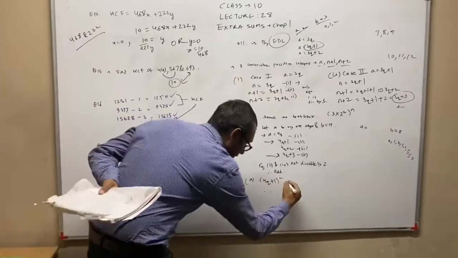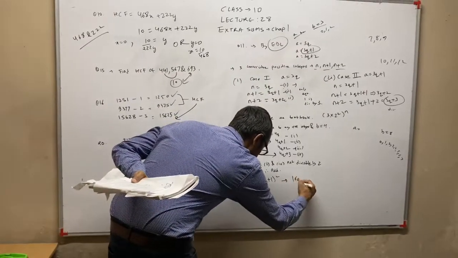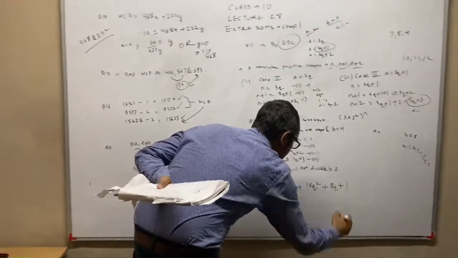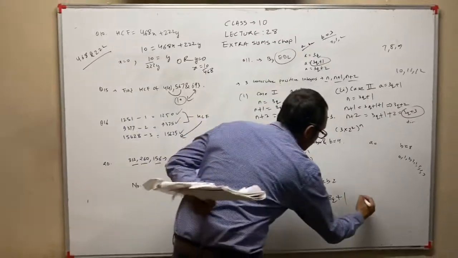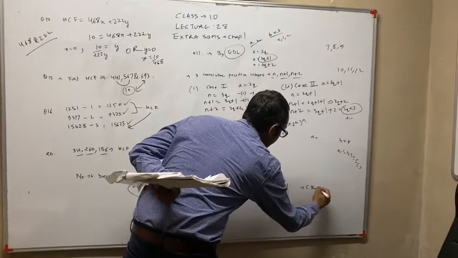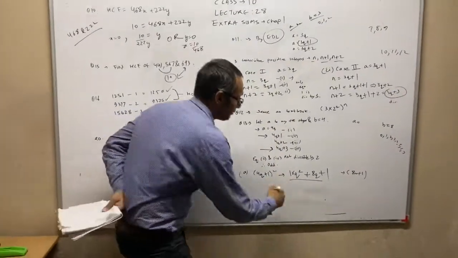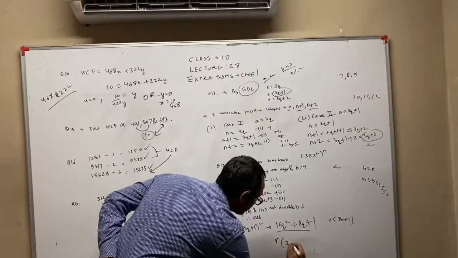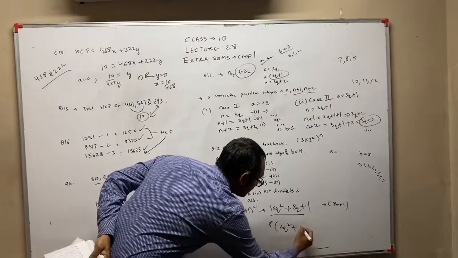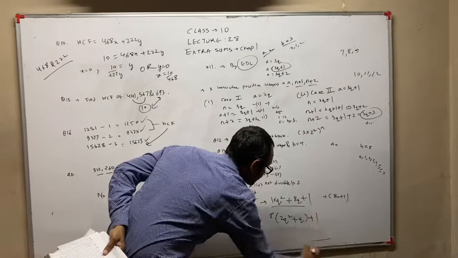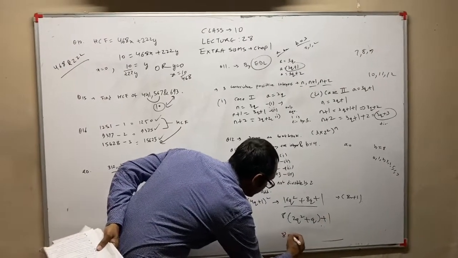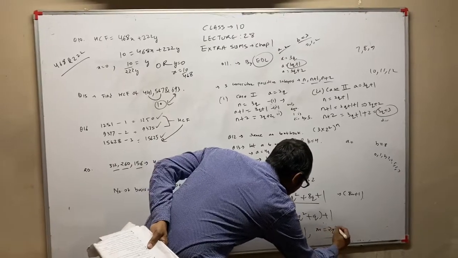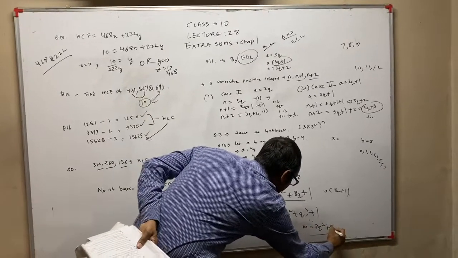Now I will do it for this. So we will do the square of this: 16q square plus 8q plus 1. Now I have to see whether I can represent it in the form 8m plus 1. Now we just have to take common. We will take 8 common. So 8 times (2q square plus q) plus 1, which is 8m plus 1, where m is equal to 2q square plus q.